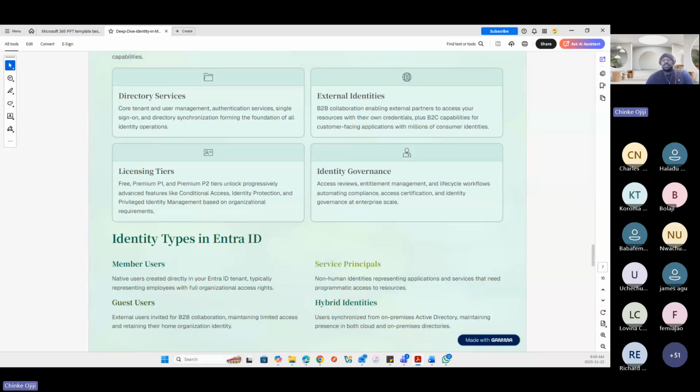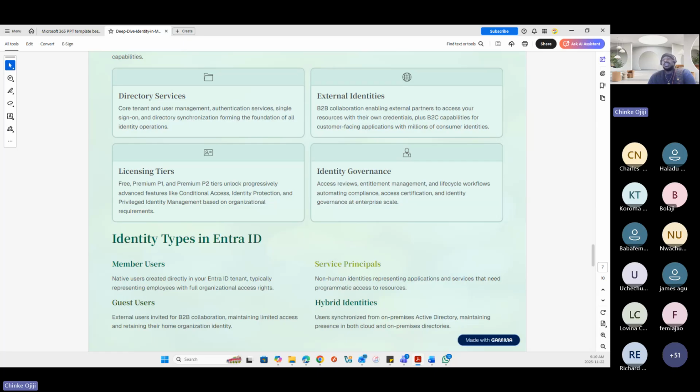Now, also you have hybrid identities, which we have also discussed, where you have the on-prem Active Directory accounts synced to the cloud, an on-prem identity having a presence on the cloud as well. That is called a hybrid identity. Now, these are the identity types, right?